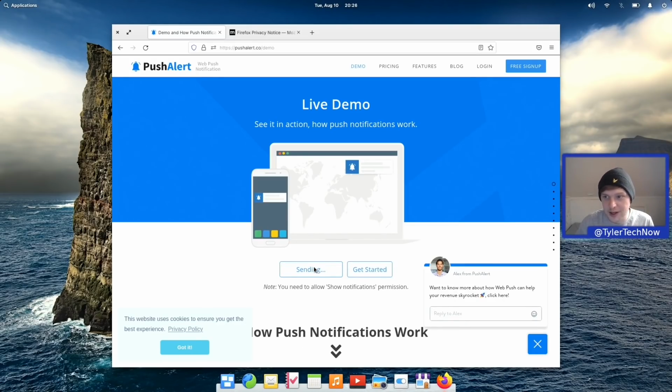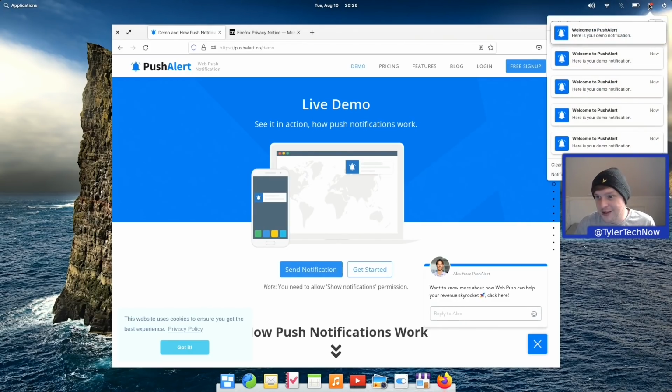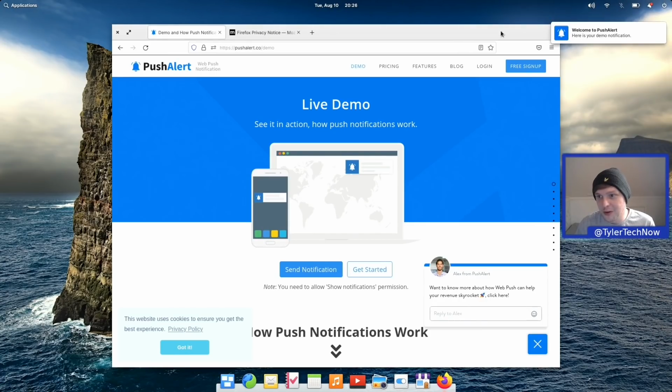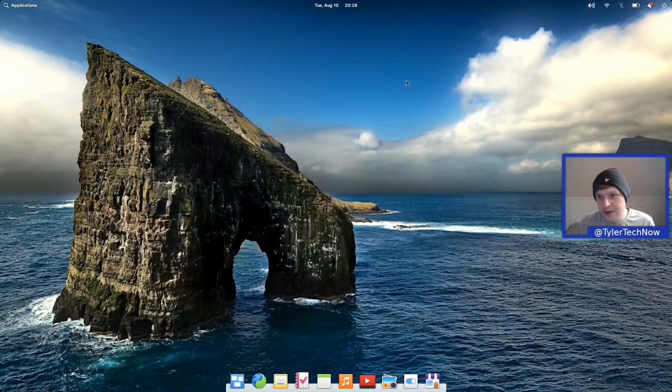So we're going to send a notification. There we go, so it's just popped up very nicely in the top right corner. We're going to send another one, and another one, and another one. There we go. So now if we go into our notification center once more, we can see that we've got a whole lot there. Let's just close this window for a moment, close those tabs, and now let's go back